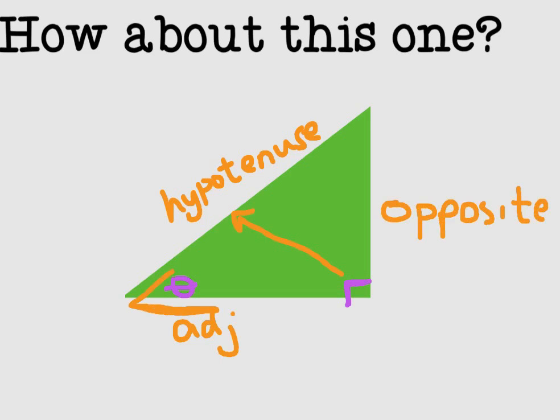Okay, so what you need to remember is that the shape of the triangle can change. So it can be flipped around, it can be drawn in different ways. I'll just go to a blank slide here. So our triangles can be drawn like this, they can be drawn like this, they can go like this, and so on. So what you always want to do is look for where is the right angle, label your hypotenuse,